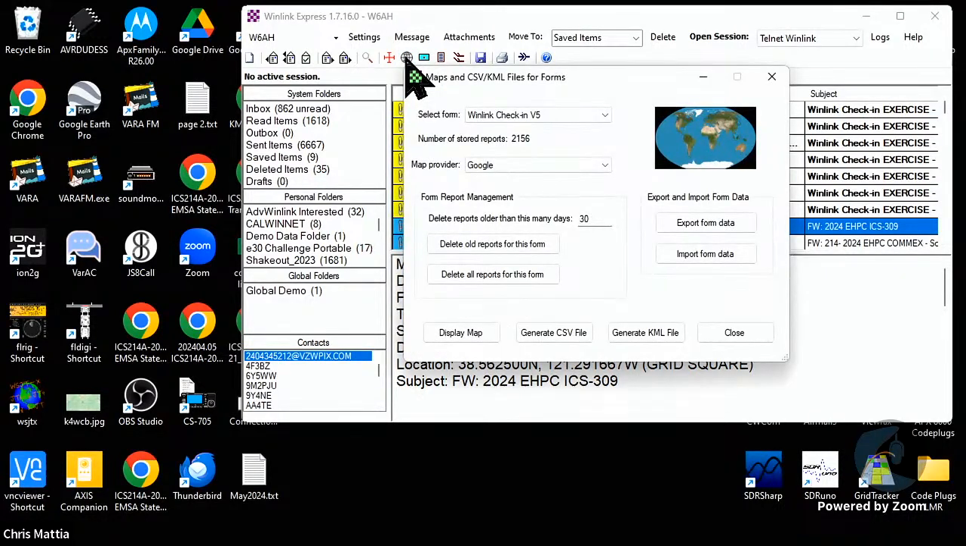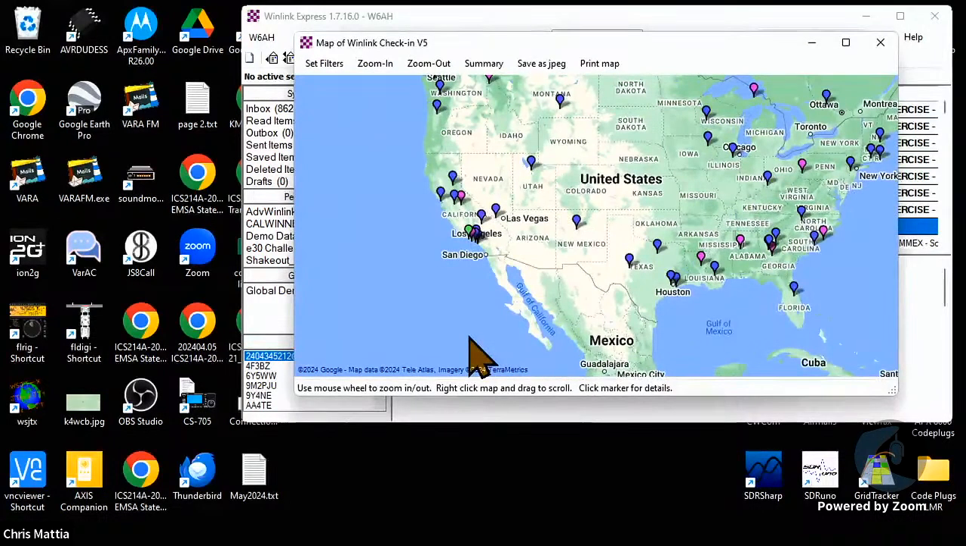I'm going to bring up the map. It's right there, this globe icon right here on the desktop. And I've got selected the Winlink Check-In V5. That's the latest version of the Winlink check-in form. I'm going to come down here and hit the display map icon or button, and that's going to bring up